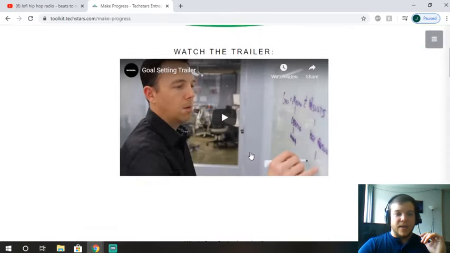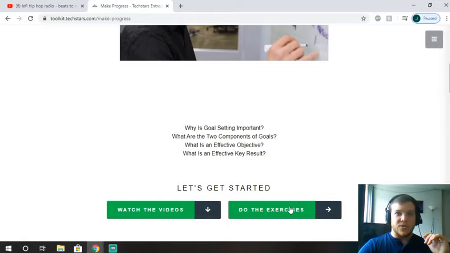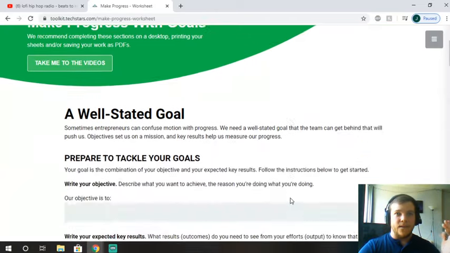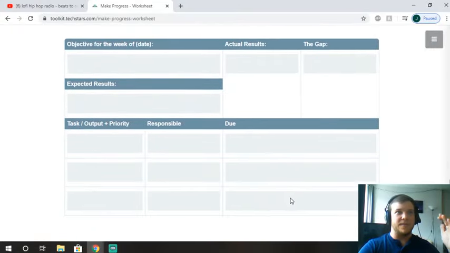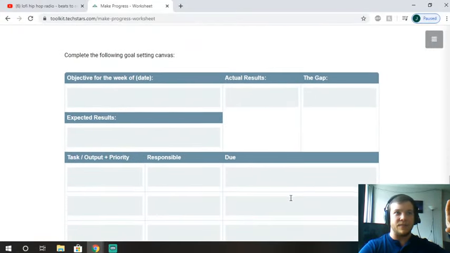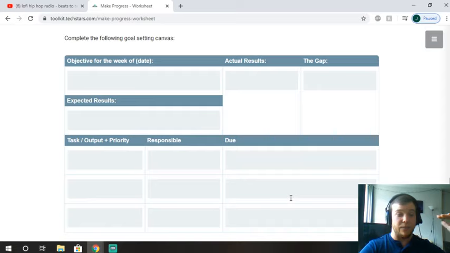When you go in, then you go right over to the exercises. Go down, fill out one of these canvases for yourself. Complete the goal setting canvas with some of the tasks and output priorities. Even if it's just you, make sure you're responsible for everything. And then maybe in the next day or in the next week, whatever timeline you set for yourself, see how it works for you when you check back in and see if this is something that you can iterate on. Because the idea is that this is a basic template. You can move this in the direction of how it works for yourself.